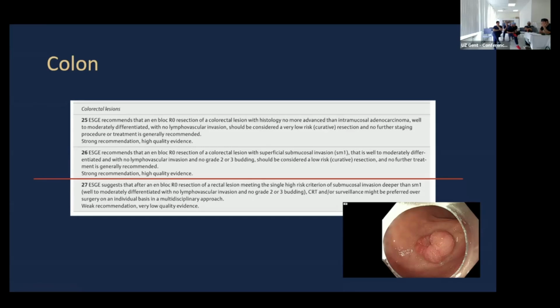So en bloc, high-grade dysplasia, essentially because intramucosal cancer, I think, is something we would like to avoid as a term. And then, okay, what about if we do en bloc